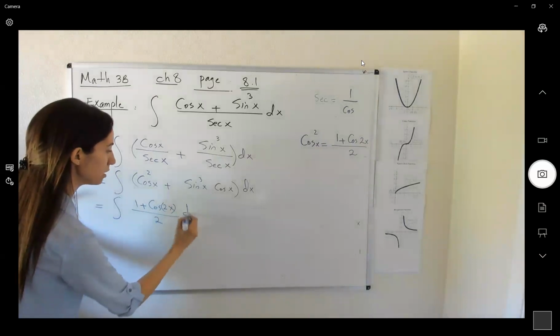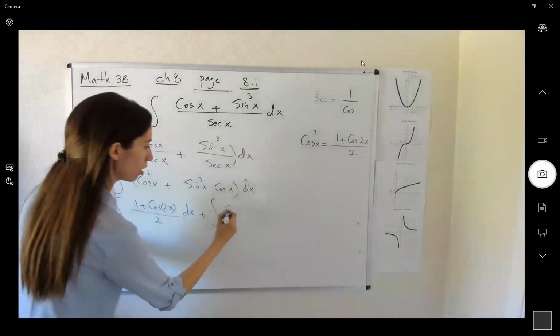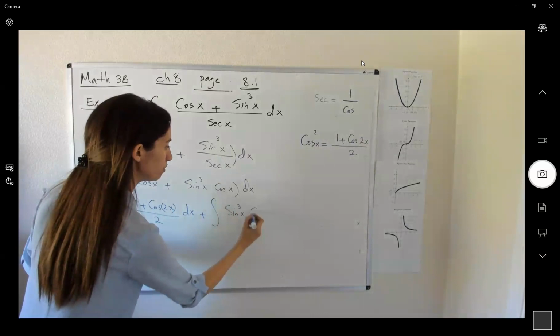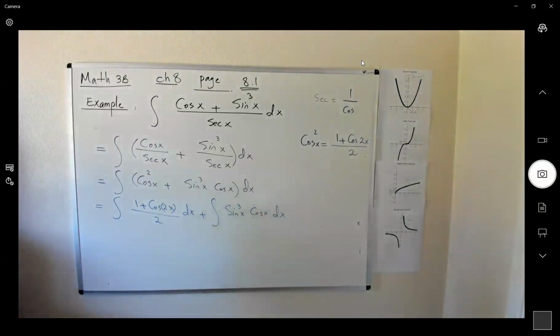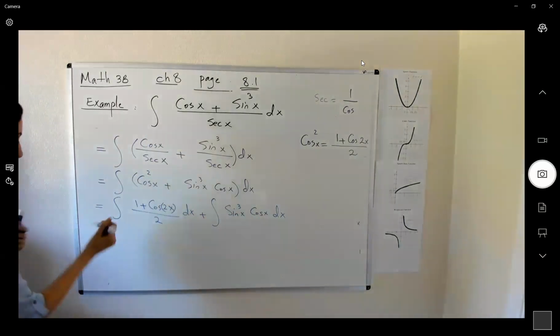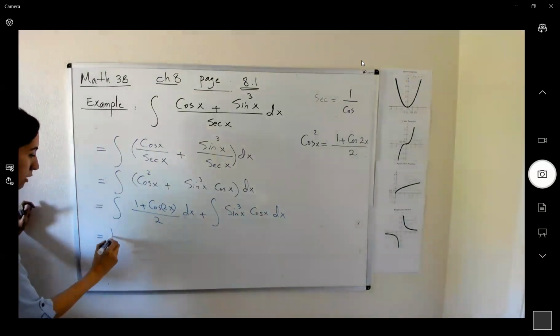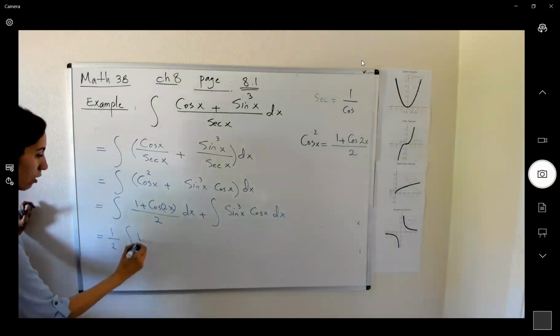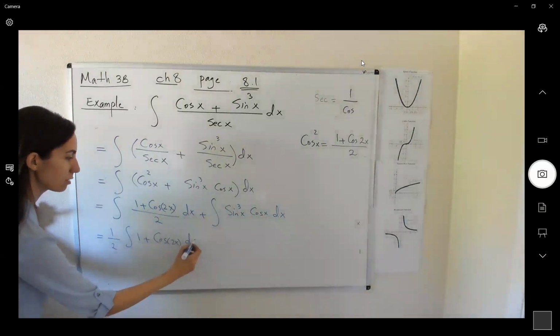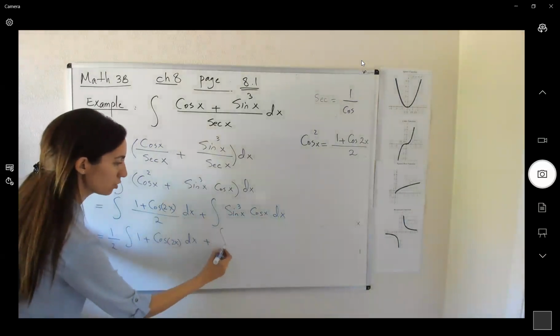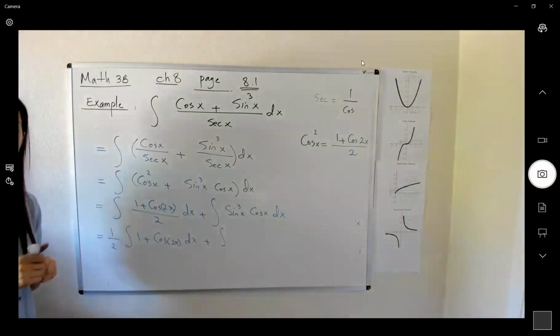Let's separate these. Integral of sine cubed x cosine x dx. To take this integral, we can write a half in front of the integral of 1 plus cosine 2x dx plus